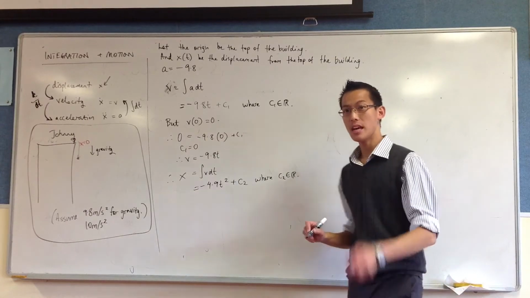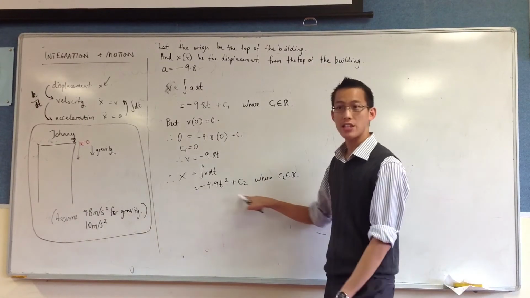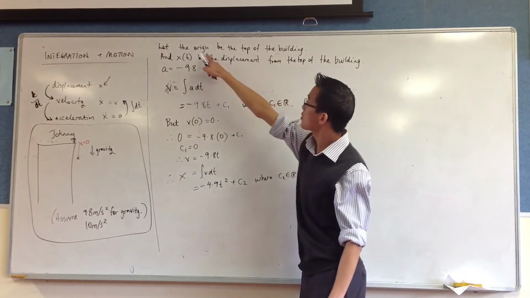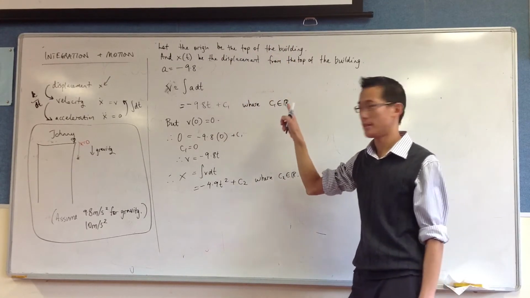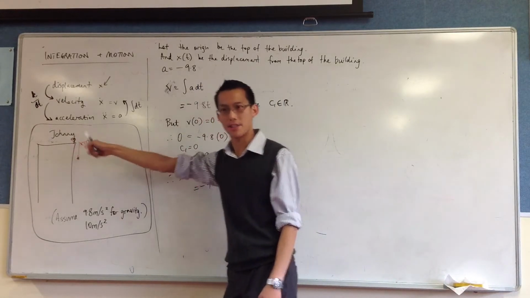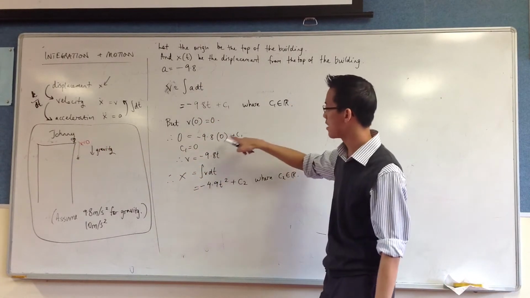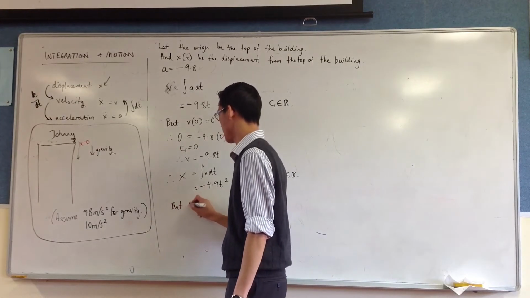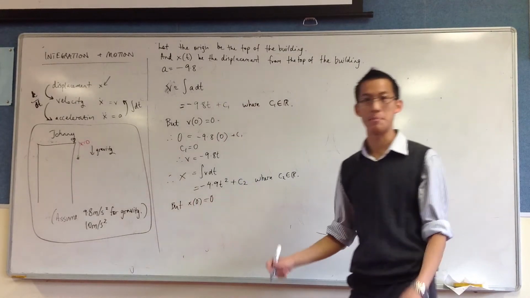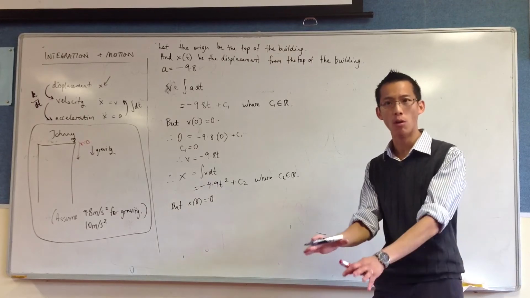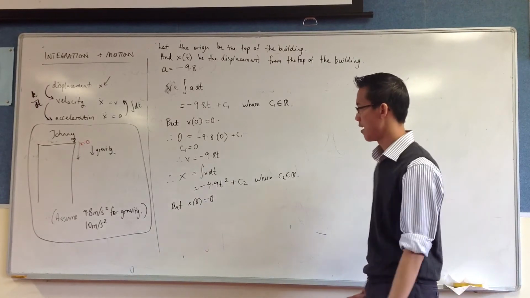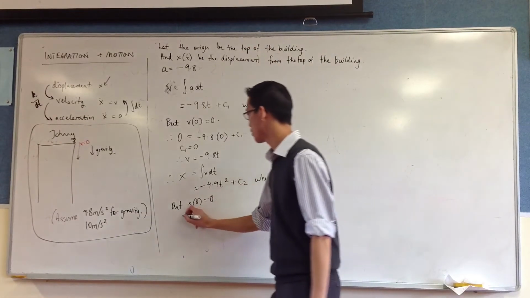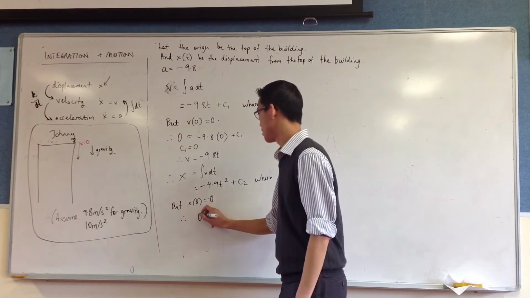Okay. Now, what this C2 is depends on how I've defined the question, right? Since I said the origin is the top of the building, and Johnny starts at the top of the building, okay? In much the same way as I did here, I can say x of 0 is also 0. He begins at the origin. Okay, he won't always, as you'll see in the next couple of examples, but this is what I've defined in this question. Okay? Therefore, 0 is equal to